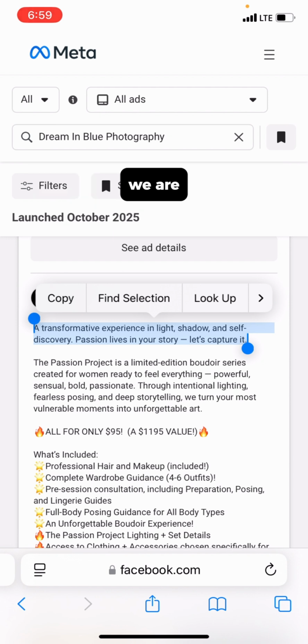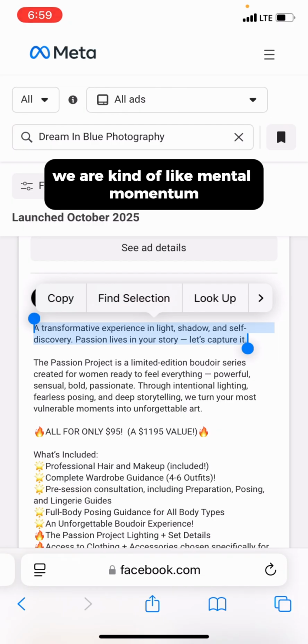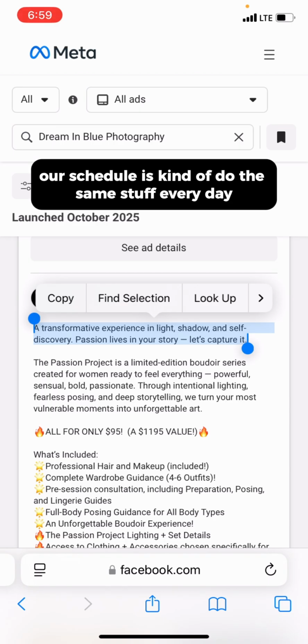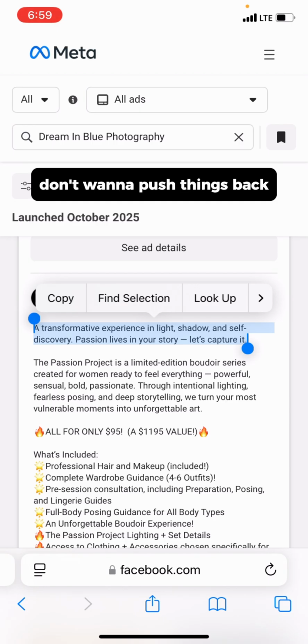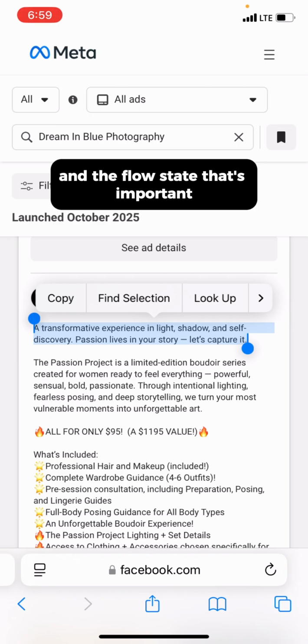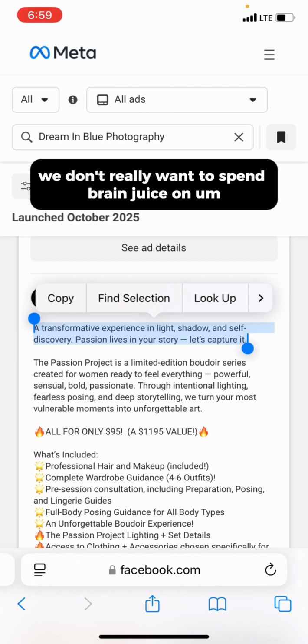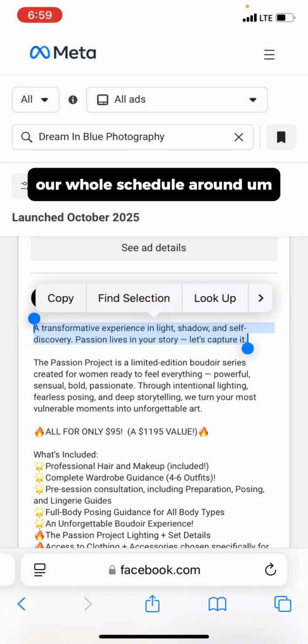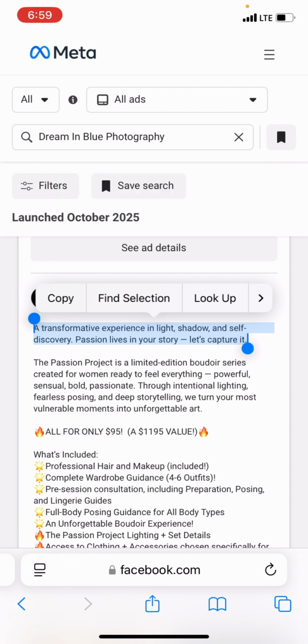We are kind of like mental momentum with how our schedule is, kind of do the same stuff every day. Don't want to push things back. We're in the flow state. In the flow state, that's important. We don't really want to spend brain juice on going to book some other things or change our whole schedule around. But the big reason is, going to the dentist, we're guaranteed to have cleaner teeth, and we're guaranteed to